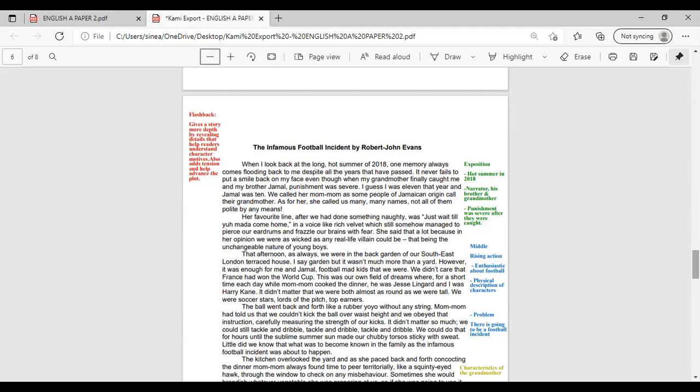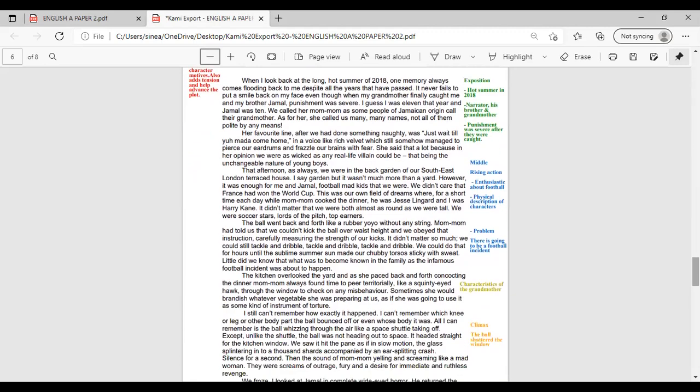So, my mom was introduced very early in the story, and a lot of information was given about my mom. She called them many names, and they were not all polite names. We know that her favorite line was, "Just wait till your mother come home." So we know that she was a Jamaican woman. We learn things such as